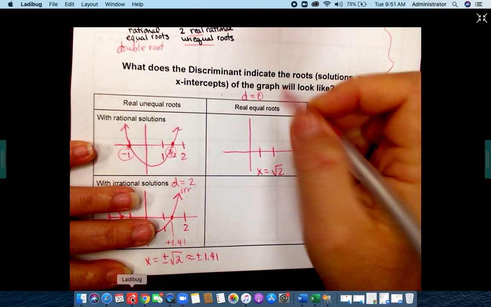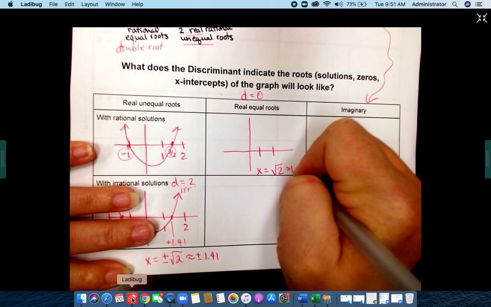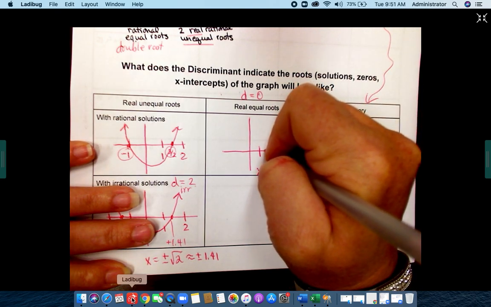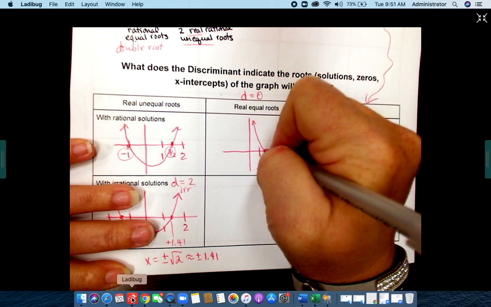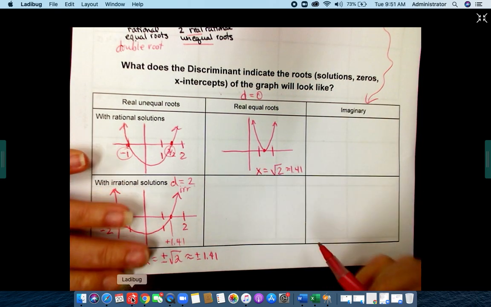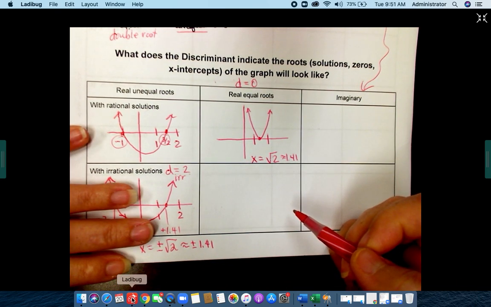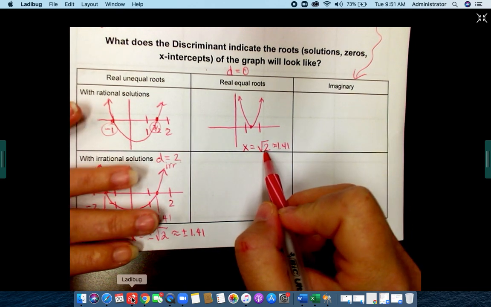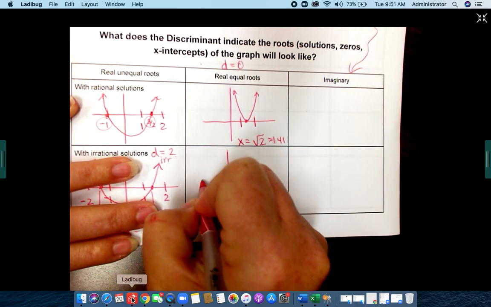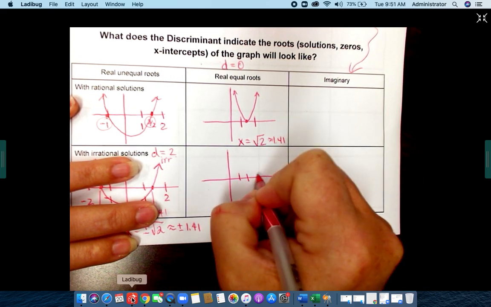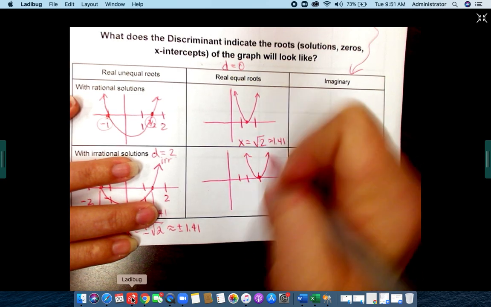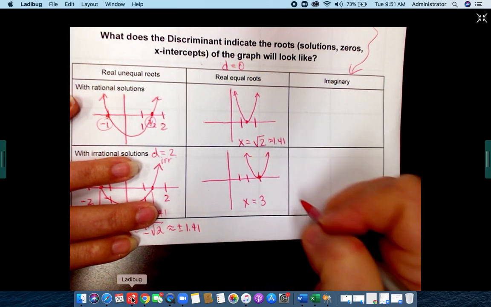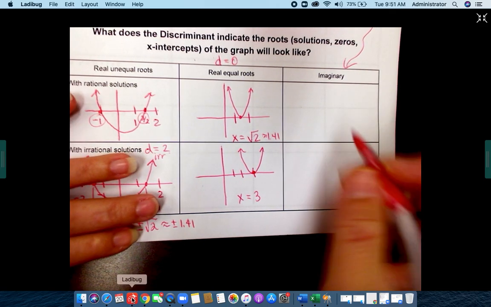That means that, again, that value of approximately 1.41, so closer to 1, but in between 1 and 2, I could have it bounce off the x-axis at that value. That is possible, okay? It could be at an irrational value, or it could be at a rational value. So I'm going to do 1, 2, 3, and have it bounce off at 3. So here my x would equal 3,